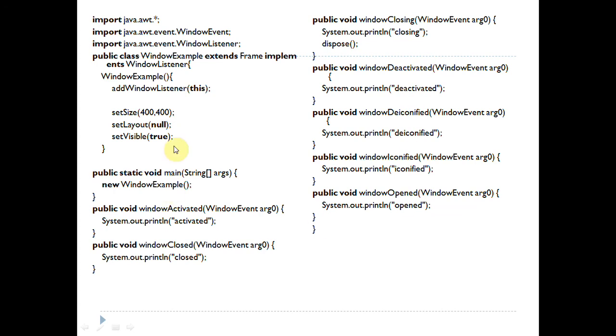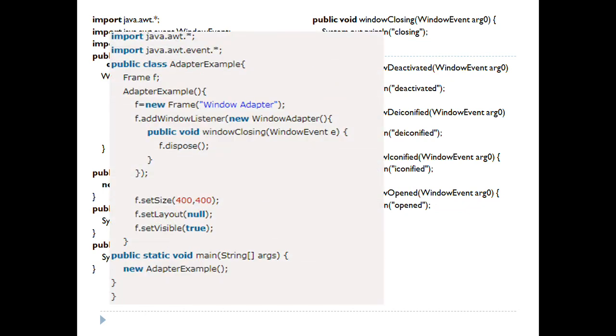So these are the different methods inside this window listener interface. When we implement our window listener interface, we have to use all these methods inside our program, and it makes the program lengthy. Okay, so the same functionality can be provided by one class, which is adapter class.